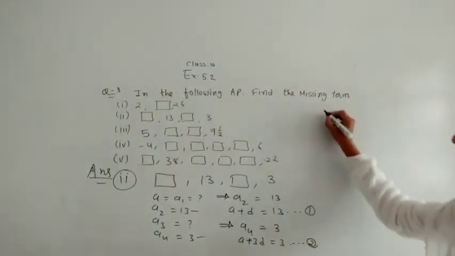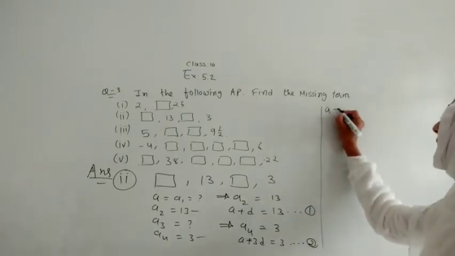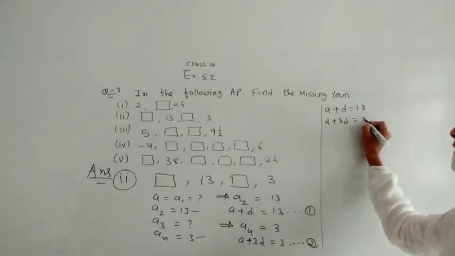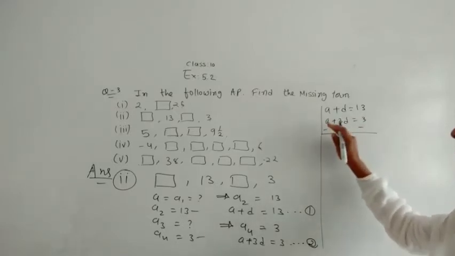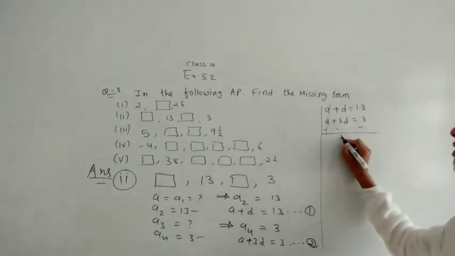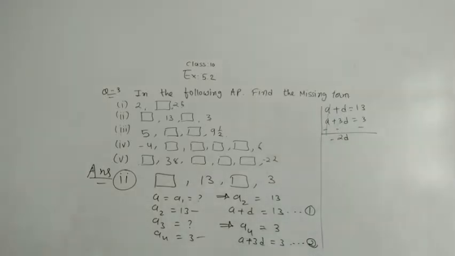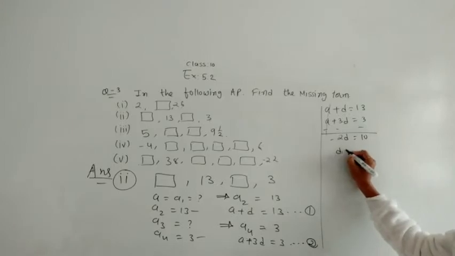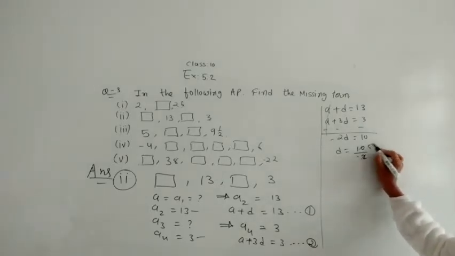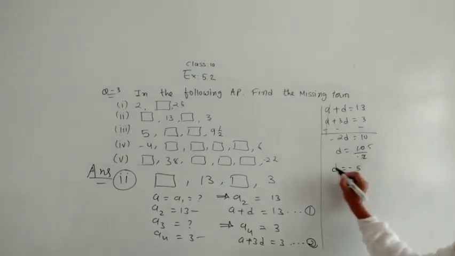Now we have to perform elimination method in between these equation 1 and 2. So here let me write A plus D is equals to 13 and A plus 3D is equals to 3. Now here we will change the sign, all are in plus, so it will become minus, so it will cut out. 3 minus 1 will make 2D, and the symbol of the greater number, that will be minus. Now 13 minus 3, so it will make 10, so D is equal to 10 by minus 2. Take care of the sign properly. So here 5 2s are 10, but D we got as minus 5.